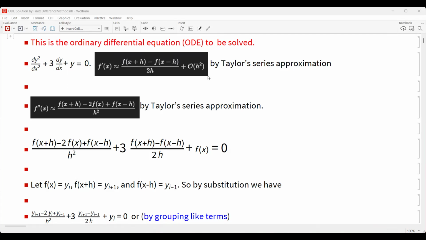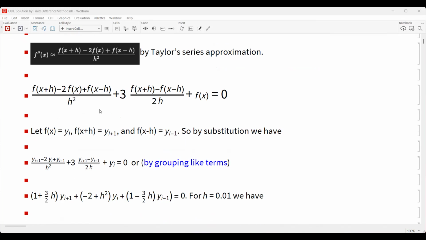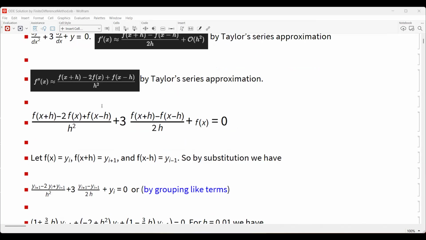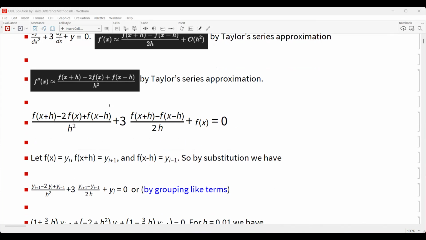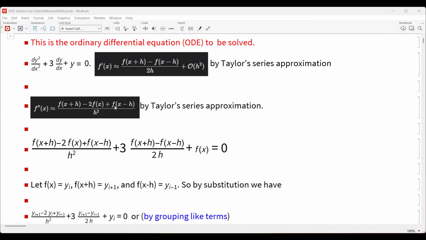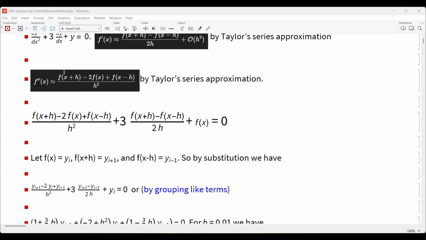So by Taylor series approximation, we have this f prime of x approximately equal to this one, and the second derivative of y with respect to x is approximated by this Taylor series approximation. By substitution here, we substitute the Taylor series approximation in our given differential equation. So we have this,